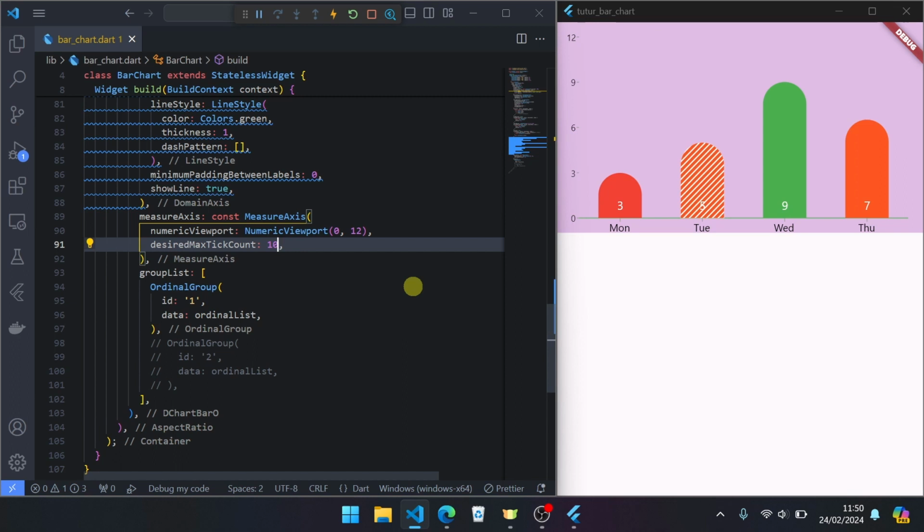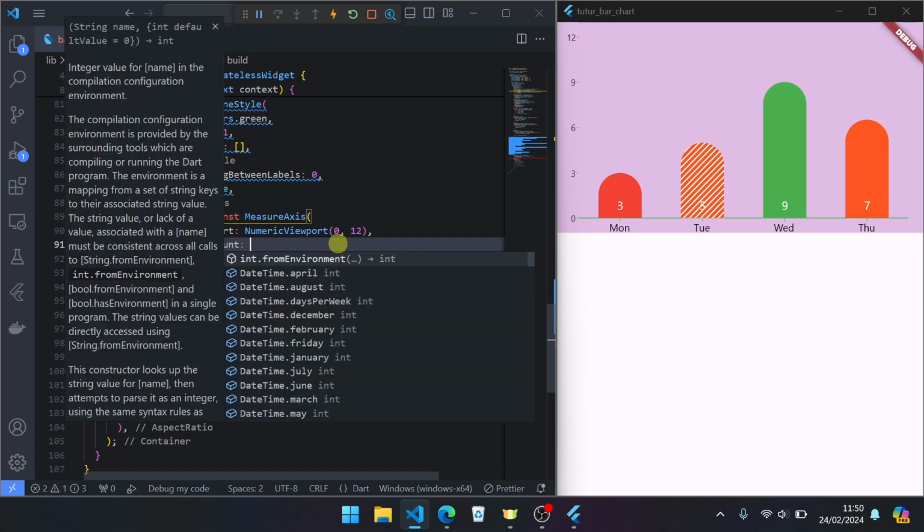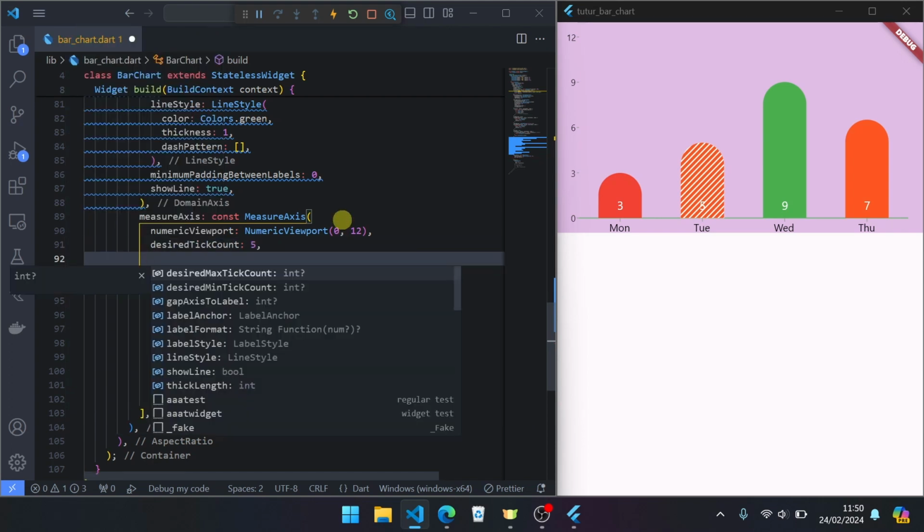But if it's not available to show more ticks, this will not work because this is optional or dynamic. Okay, next, maybe we can use tick count fixed, like 5.